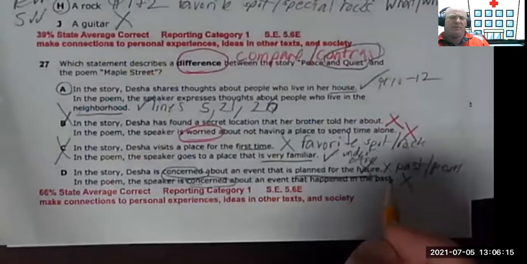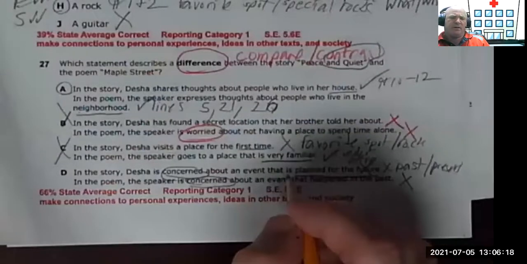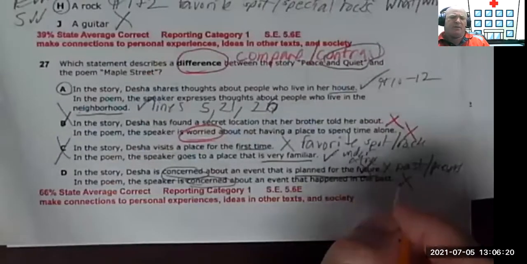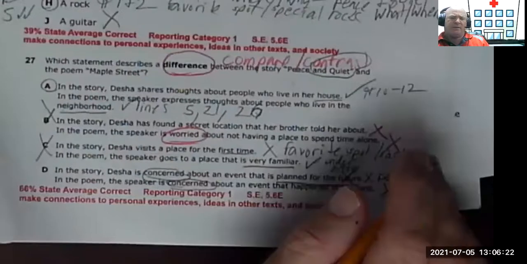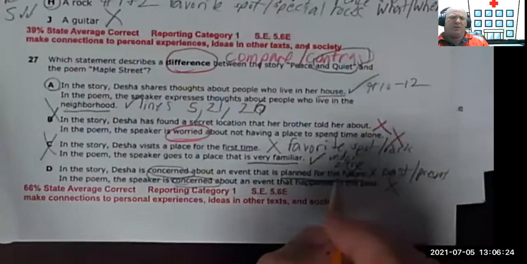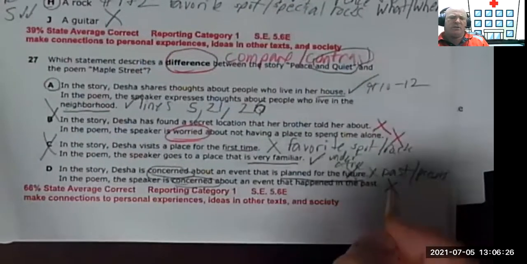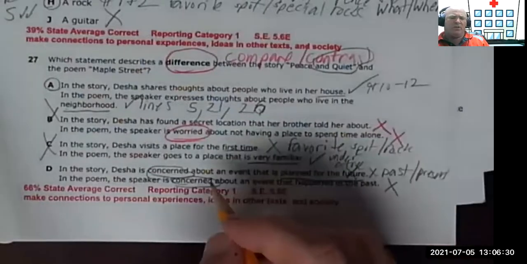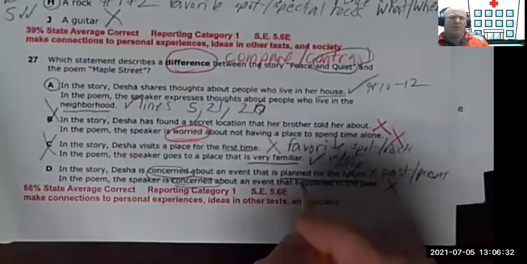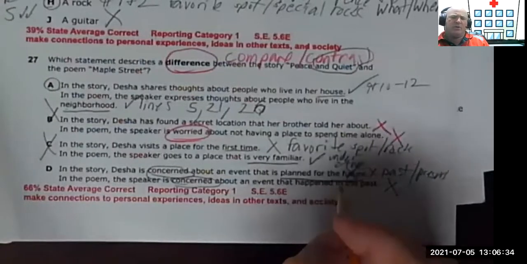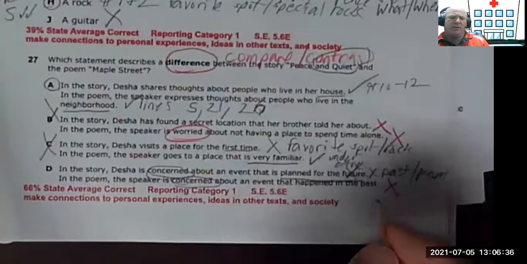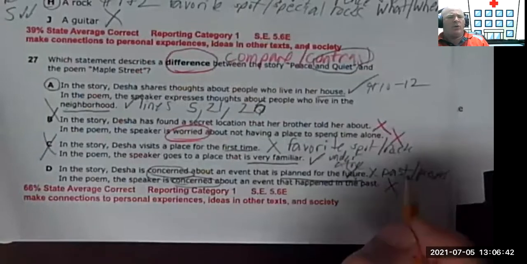There's nothing mentioned in the past at all except positive things that she's seen her neighbors doing. So concern is a negative emotion, and the only thing that she's mentioned about other people from the past were some cool things that they were doing. So in this case, neither one of those are true. And so when you